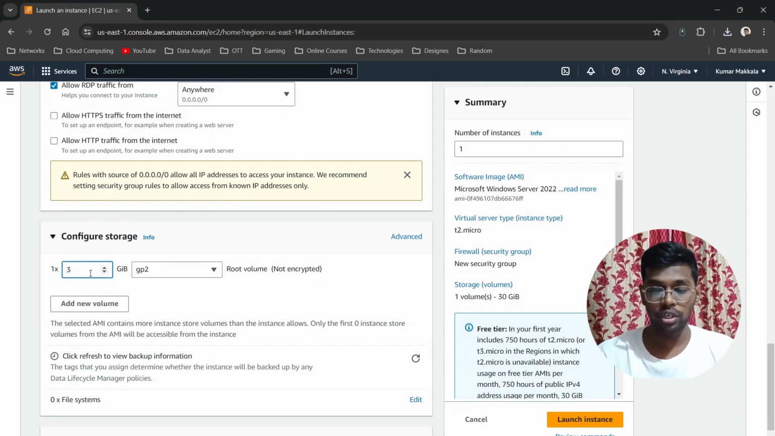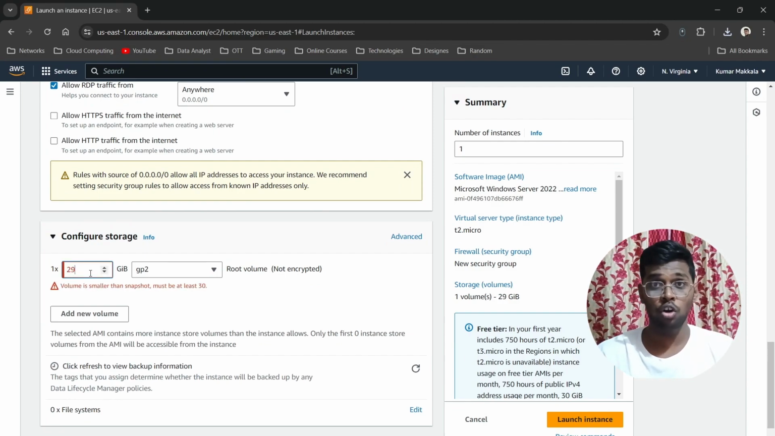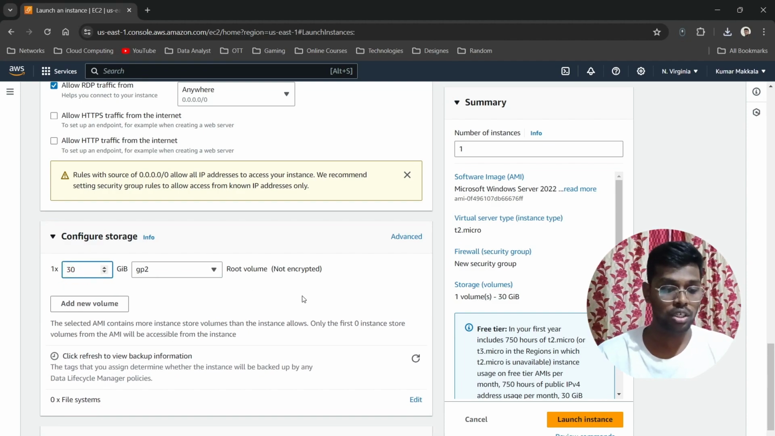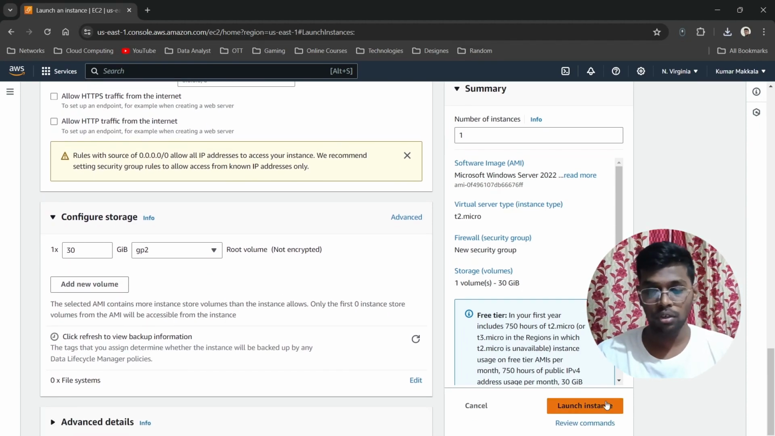And here the storage, you can try to decrease it, but it will not take. For the least amount of storage, it will ask you to give 30 GB itself. Okay, you can add volumes if you want to, but we'll look at that later. Now, final step, click on launch instance. Okay,